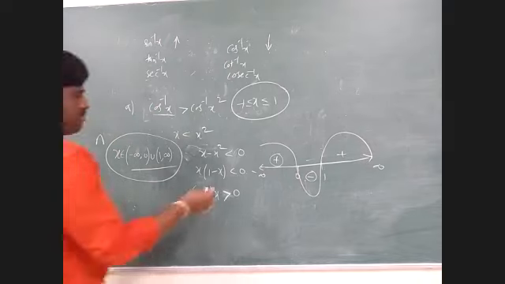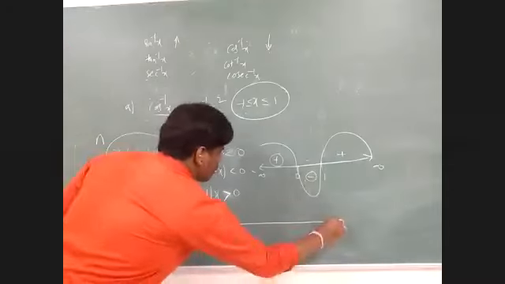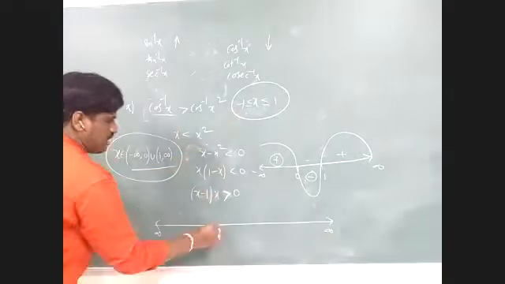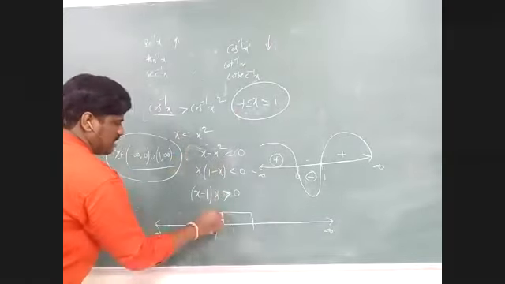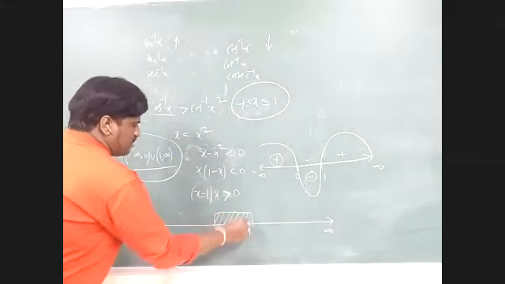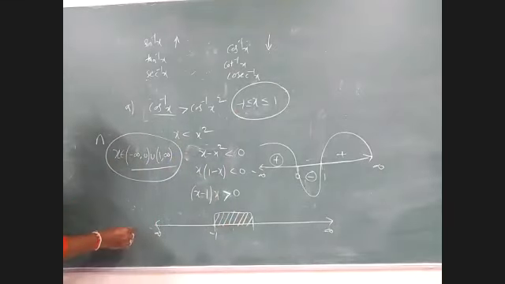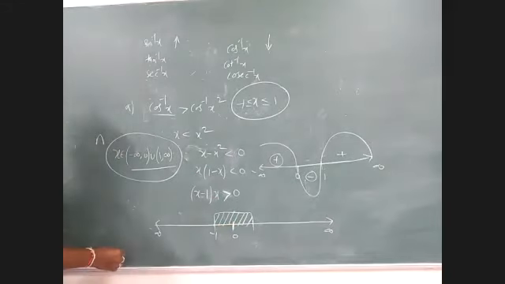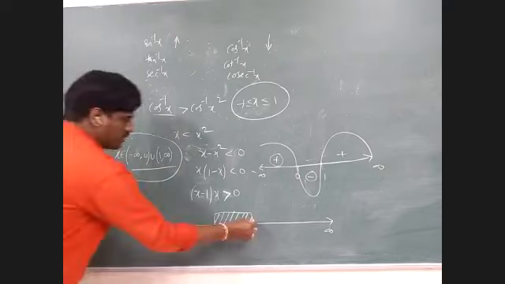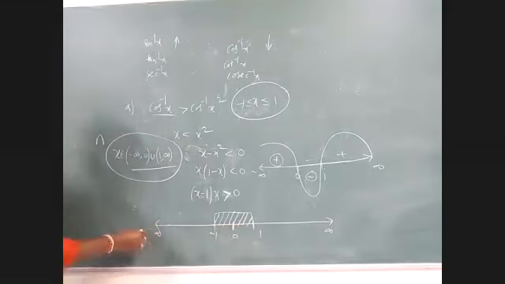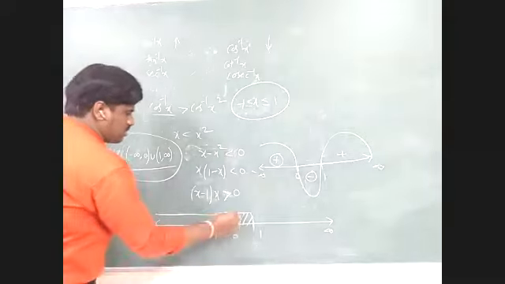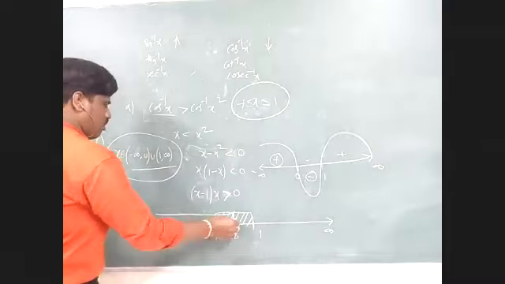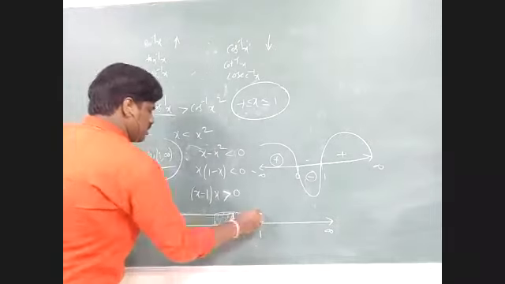See, I'll show you on number line here. This is number line, minus infinity, plus infinity. This is minus 1 to plus 1. He said the answer is minus 1 to plus 1, and he said minus infinity to 0. If I keep 0 here, minus 1 to 1 is including, and minus infinity to 0 is open. And then 1 to infinity is another answer.